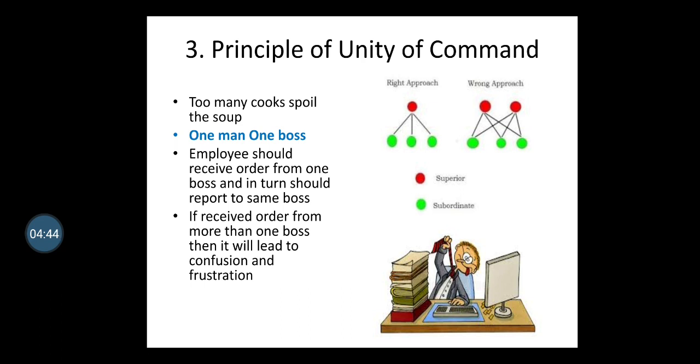He should not report to some Mr. X or some Mr. Y, because if he has to report to some other person, that person will not accept it the way it has been done. So Fayol says the employee should receive orders from one boss and in turn should report to the same boss. What happens if he receives orders from more than one boss? Just imagine, an employee in the organization